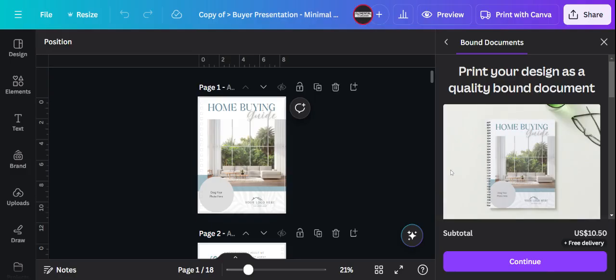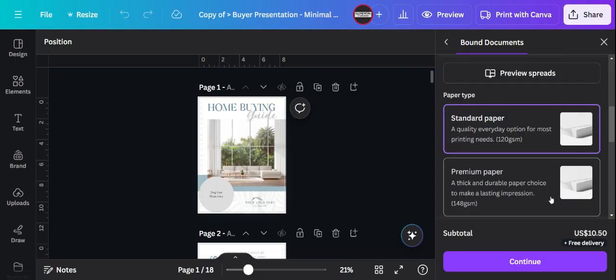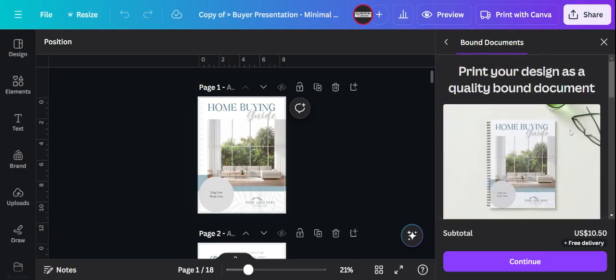So let's get started. I've just reloaded this page just to show you what happens when you first download and open your document or template in Canva. This will usually pop up. In this case, this is an 18-page bound document. It is a real estate presentation. So Canva knows that. It is already setting it up so that you can choose options and purchase this directly